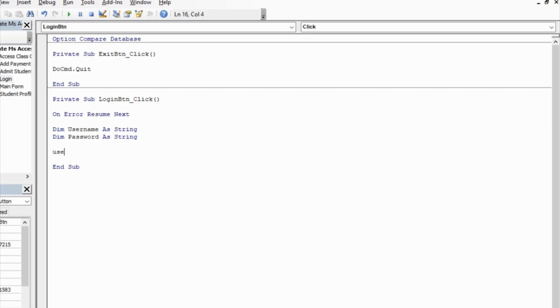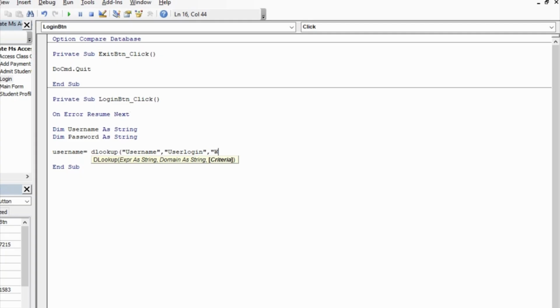We are going to assign username to the username we entered into the form. So it is going to be DLookup. With the lookup, we are going to look for the username. We are going to get the username from the table, the user login table that we got. So the DLookup, in brackets, username from that table, user login,